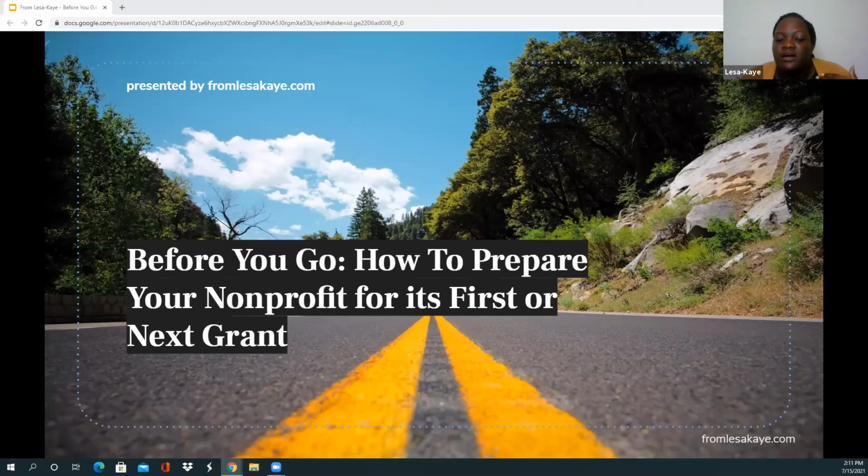It's more than just receiving the money. Grants are a way to create possibilities for the community that you're serving, and they can help unlock possibilities for your organization as well. It can help your organization build its profile. It can help your organization become a bit more sustainable. It can help your organization